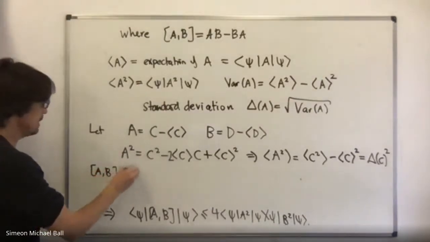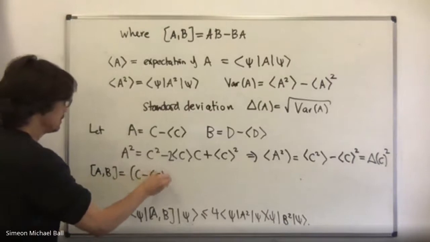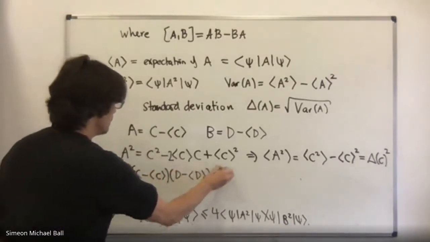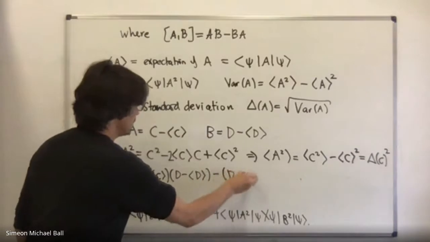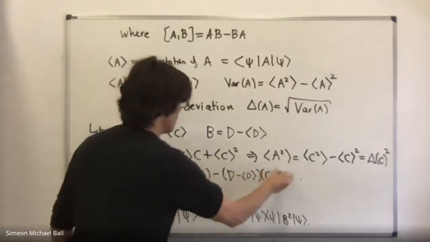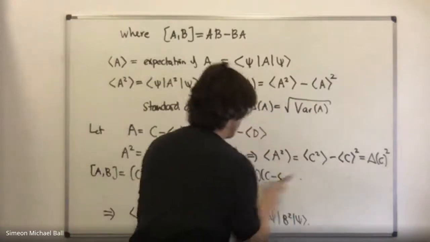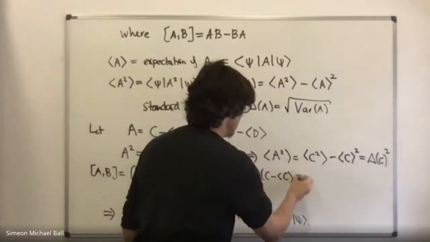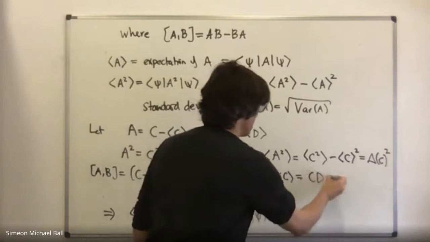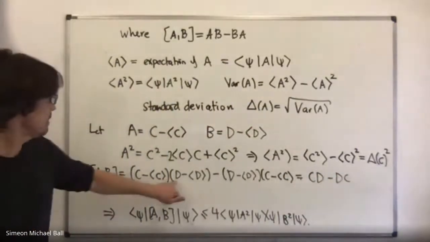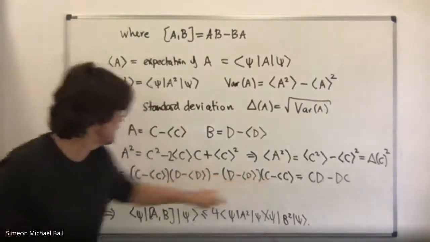So that's AB, and it's fairly quick to see that in fact, apart from the CD and the minus DC,